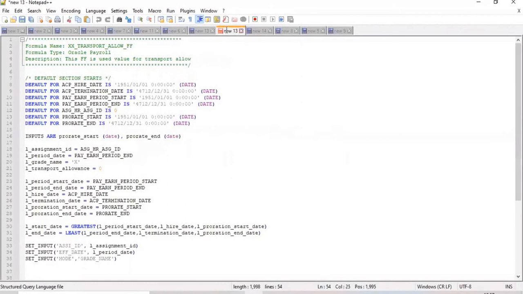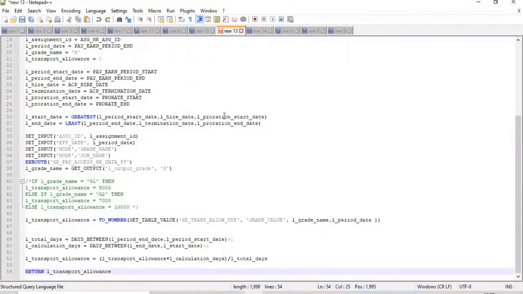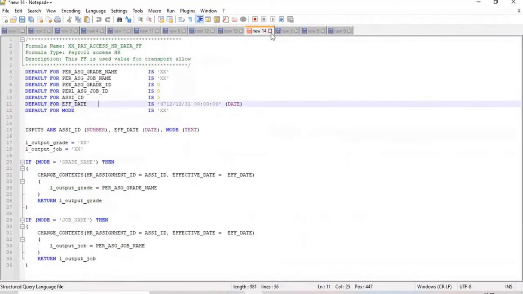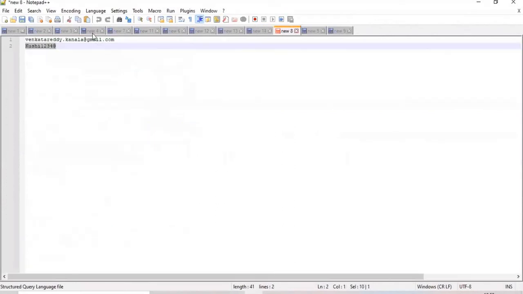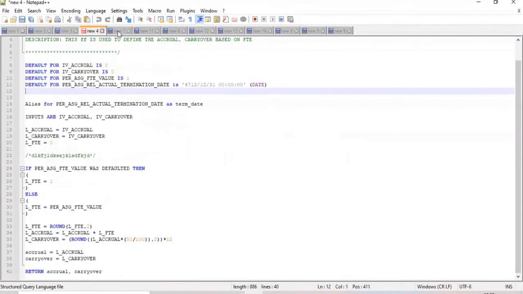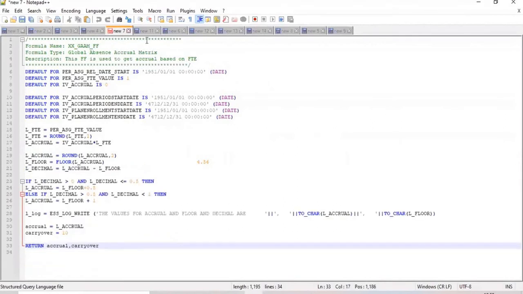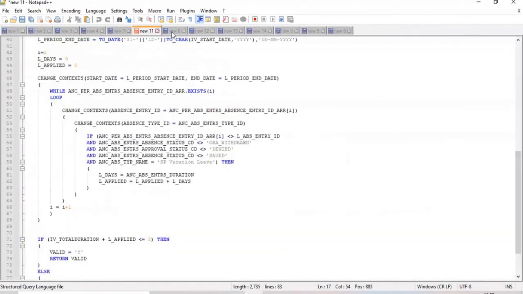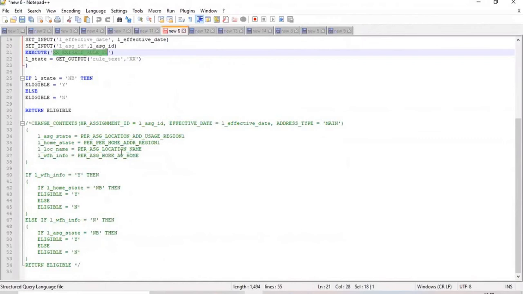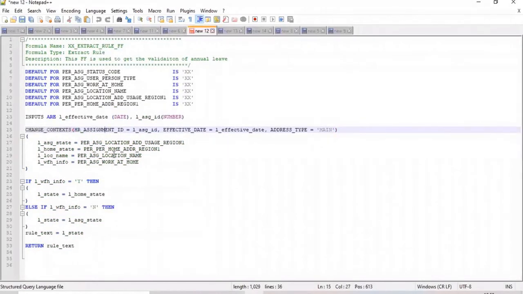First you set that context and then you get the values. Somewhere else I also used change context, the same thing. You have to set certain values to these standard ones so that I can directly get it.